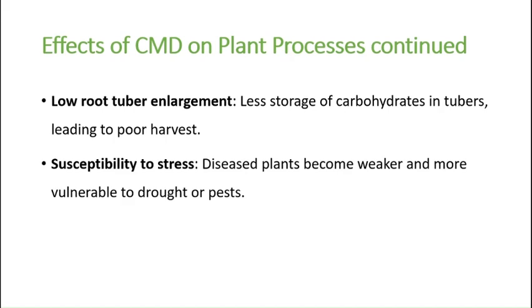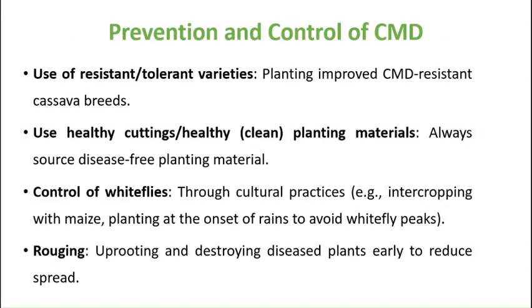Lastly is susceptibility to stress. Diseased plants become weaker and more vulnerable to drought and pests. So next is how can we prevent cassava mosaic disease? One, use resistant and tolerant varieties by planting improved varieties, and these can be obtained from certified